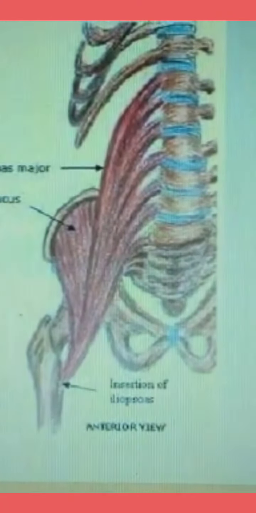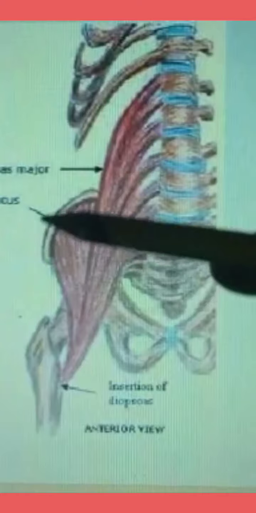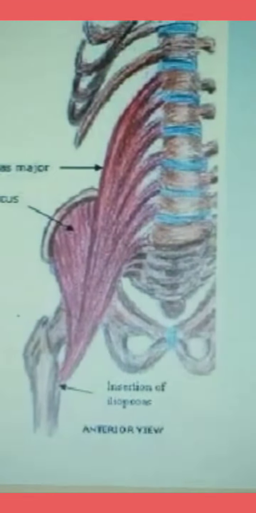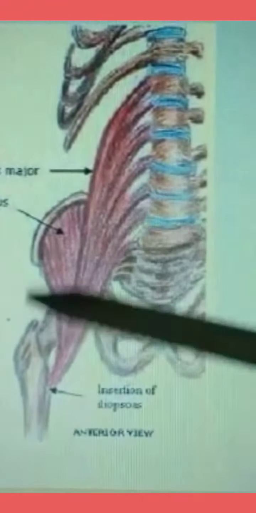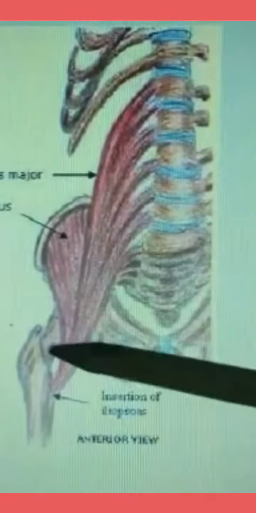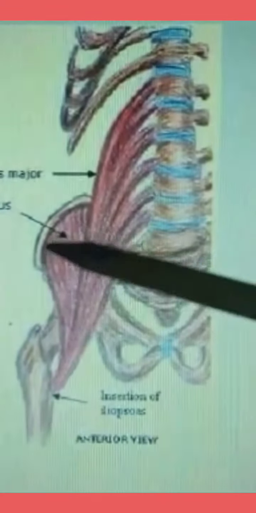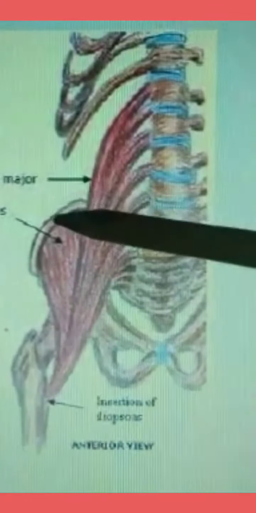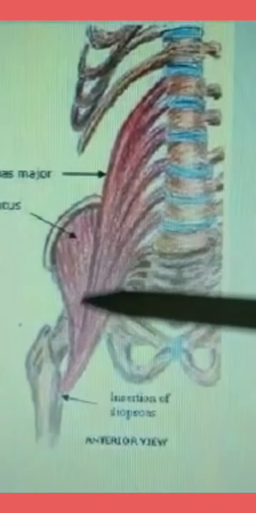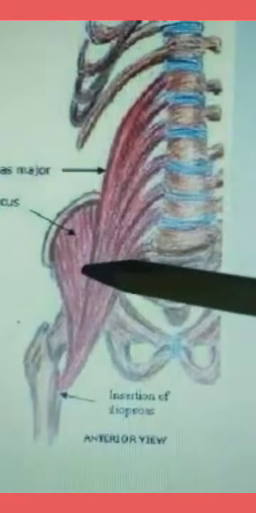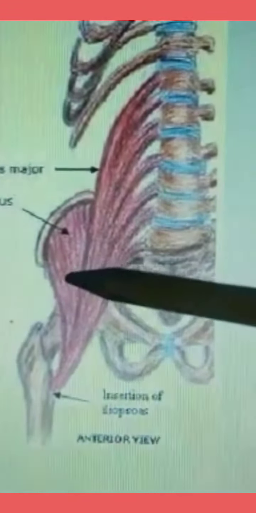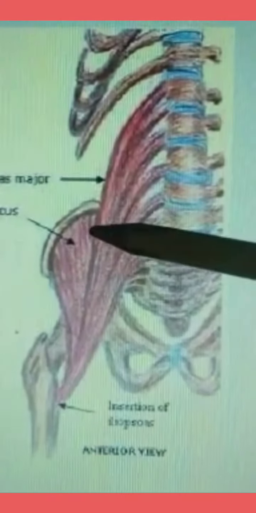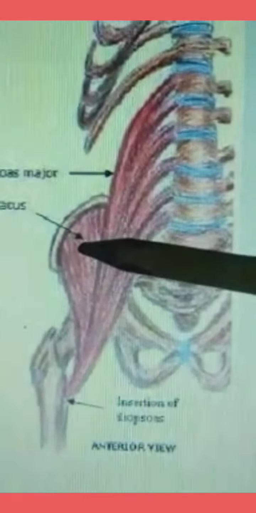Next muscle is the iliacus muscle. This is iliacus lying on the side. This muscle arises from the upper 2/3 of the iliac fossa. The ilium has 3 parts. This is the iliac fossa. It arises from the 2/3 of the iliac fossa, the inner lip of the iliac crest, and the ventral part of the sacroiliac and iliolumbar ligament,